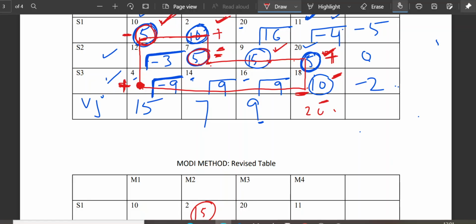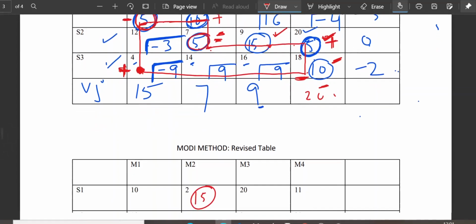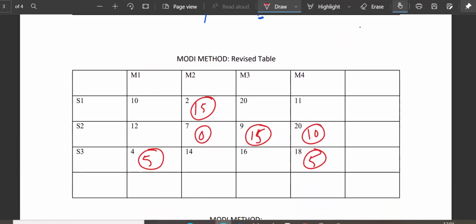And if there is any other cell also which is not a part of this loop, then that cell will remain as it is. Okay, so that you can again see that in the previous table 1, 2, 3, 4, 5, 6, we have 6 circles. In the next table also we have 6 circles. If suppose you get 5 circles, it means you have forgotten to write 1 circle. If suppose you made 7 circles, it means you have made a mistake. So the number of circles will remain same in the whole question, right?